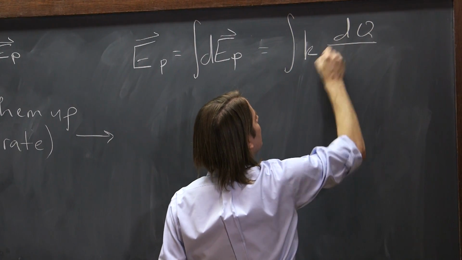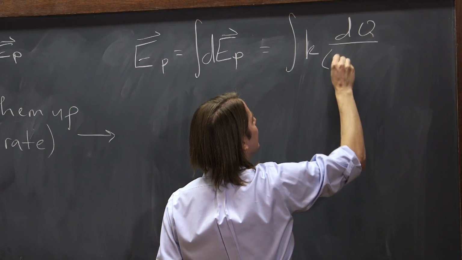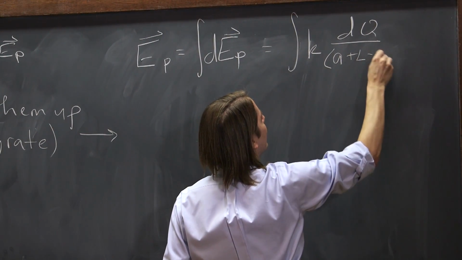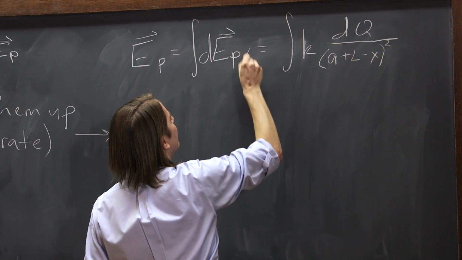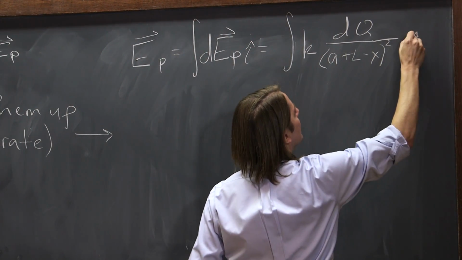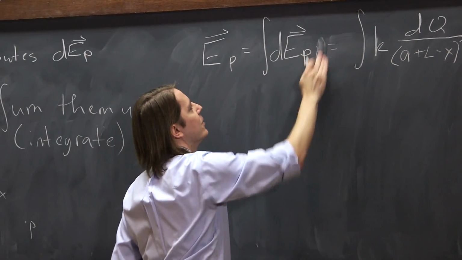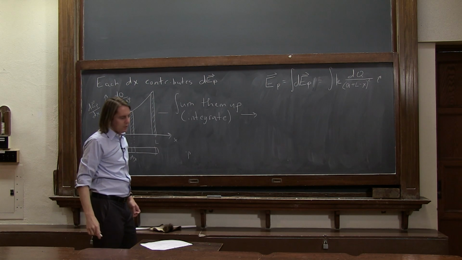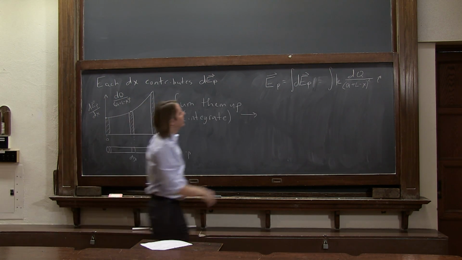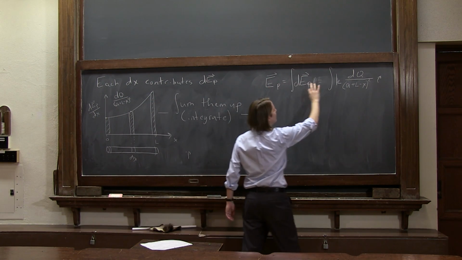It was dq, and on the bottom it was a distance a plus L minus x squared. And of course, these are both in the i hat direction. I don't need an i hat there because that's a vector. Okay? So that's our integral that we have to deal with. So adding all these up just gives you E_P. Really, this is what we want to